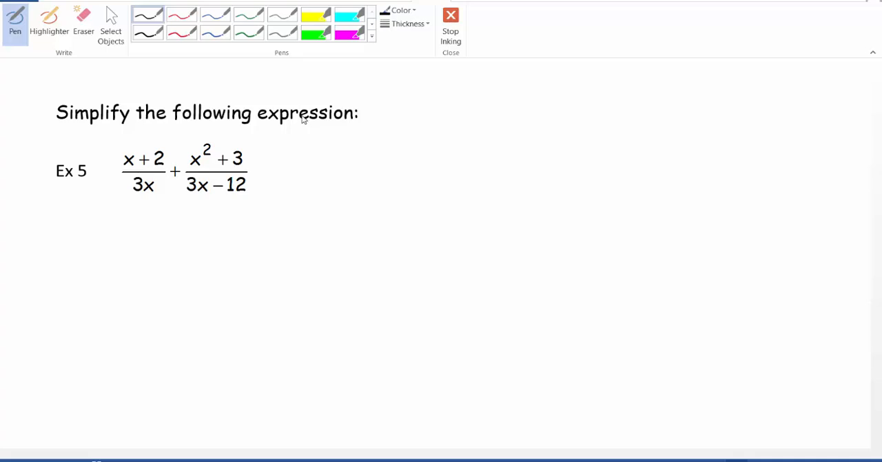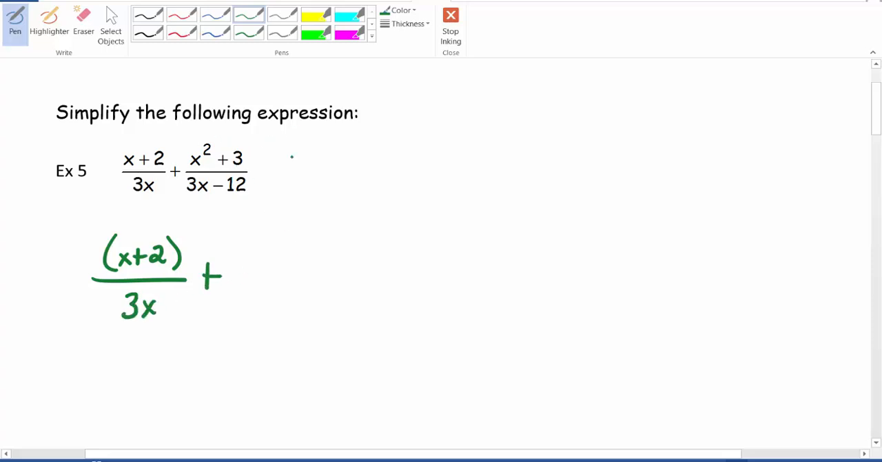Here we are at example 5 from our 8.5 set of notes. We're asked to simplify the following expression. We notice these two rational expressions being added together, so typically how we start off these is by factoring things out. Looks like we have an x plus 2 on the top and a 3x on the bottom,